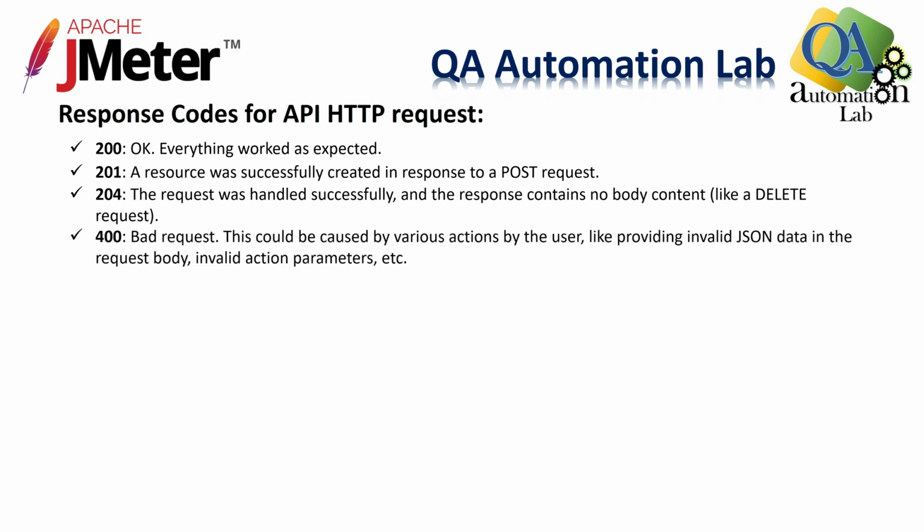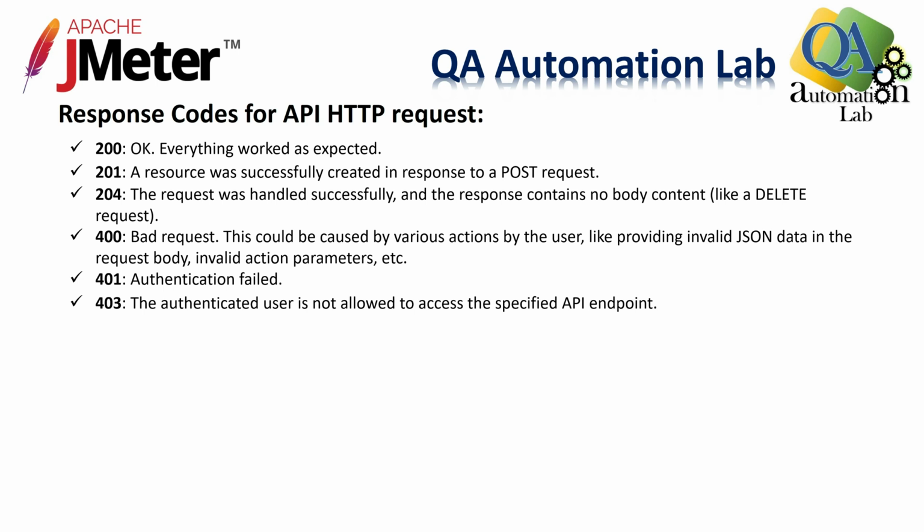400 response code, this we will get whenever we are passing a parameter as part of the API which is not valid. In such case we will get bad request. 401 response code, this we will get whenever we are trying to connect to a secured endpoint. In such case we will get authentication failure. We need to provide a valid credential or access token.